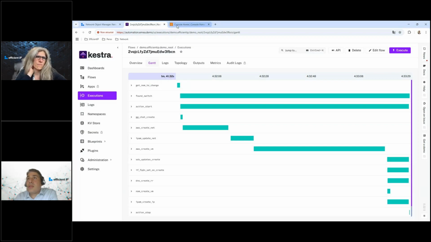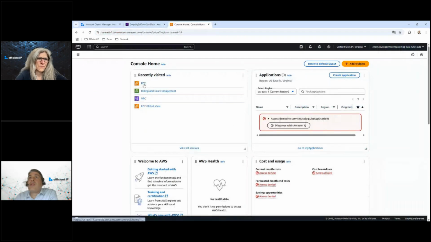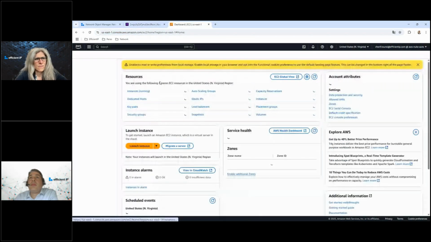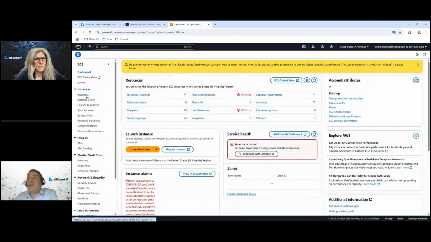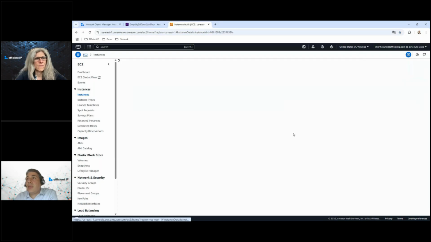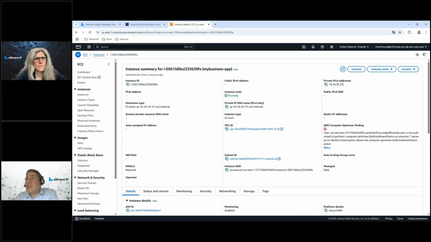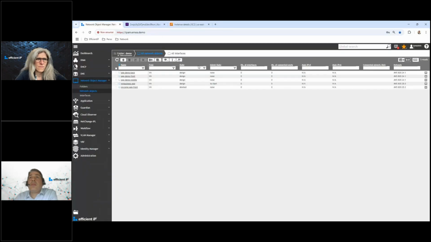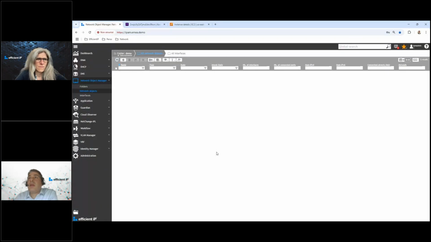If I go to Amazon and go for the list of my machines in the instance, I will see now that I have my business app machine that is running in a running state. I can click on it. I can check that it has this IP address given by the IPAM, the EfficientIP IPAM, and it has this ID, etc. Now, if I go back to the NOM, Network Object Manager, and make an update,